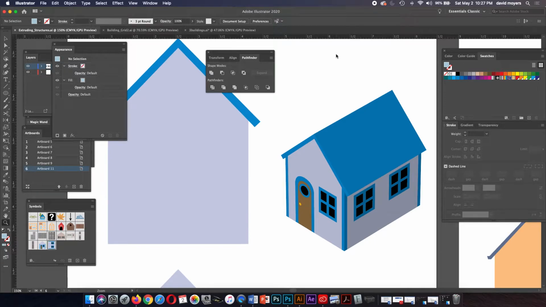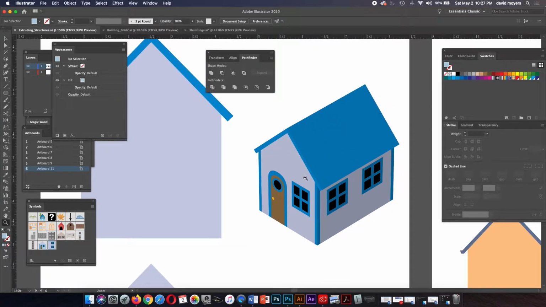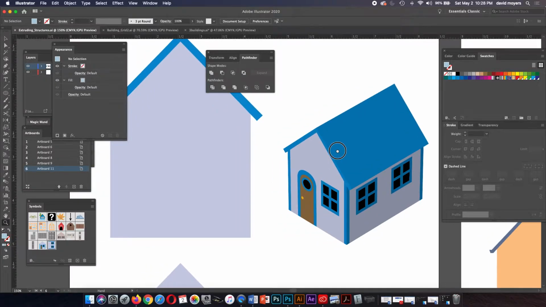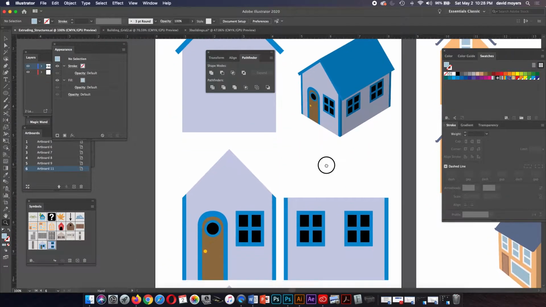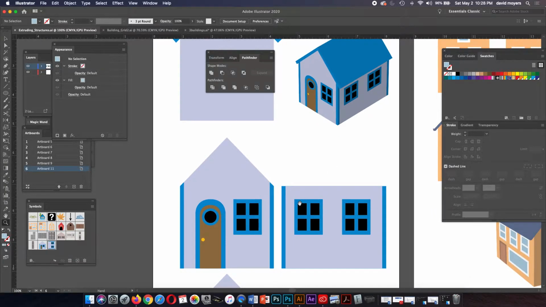Hello everyone. In this tutorial I'm going to cover how to extrude shapes and create a house-like structure. And this is actually what we're working towards right here. So let's begin. This house was actually constructed of these shapes, and I actually turned some of these into symbols,